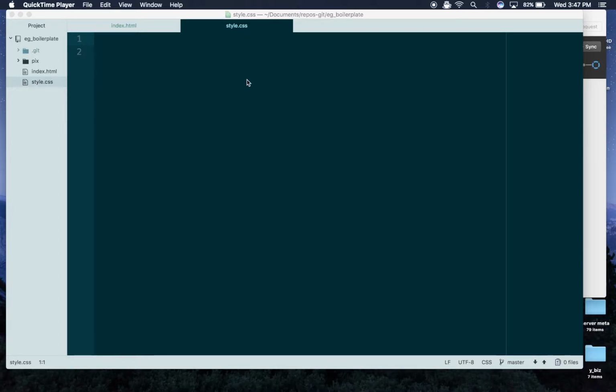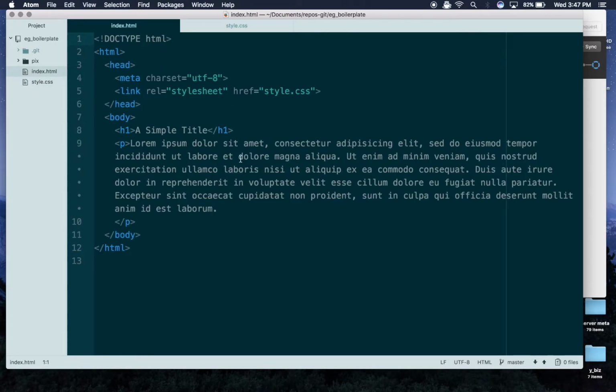Environment all set up. I'm ready to start marking up my page. So I'm going to go to my index.html file and start building in the skeleton of the markup. This is the broad outer level of page structure that's going to define the content that shows up on my web page. So inside my body tag,